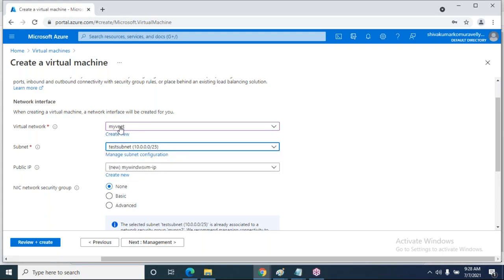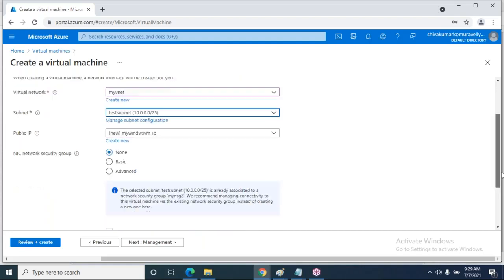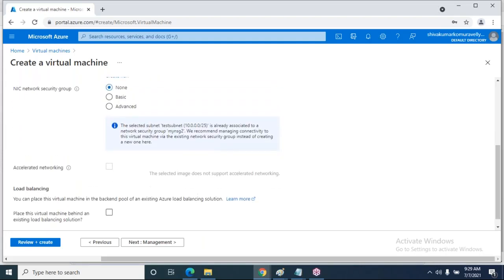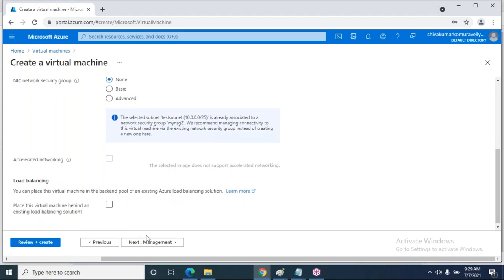In your case, this will not appear; some default option will be shown. The remaining things we can leave as is because we don't know what a NIC card is. Load balancer we are going to discuss in virtual machine scale sets.